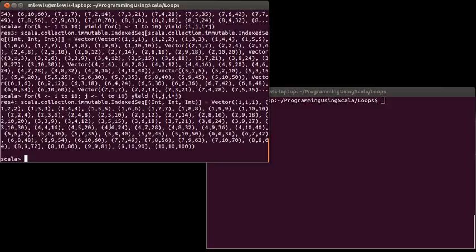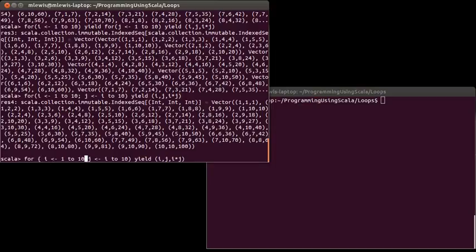We've seen the fact that you can put in multiple generators, you can have variable declarations, you can have if guards. There are lots of things that you're allowed to put inside of the parentheses of a for loop. And so far I've been putting them all in one line and separated by semicolons. Turns out that if you have a lot of them, this is actually not the recommended style. Instead, the recommended style is to switch from